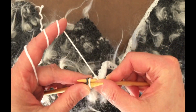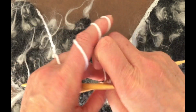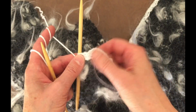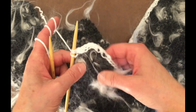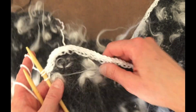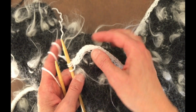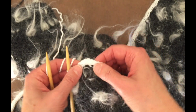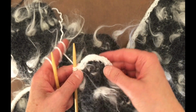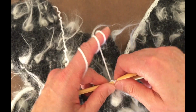And let's go and see how it looks so far. It's starting to look good, right? See, that's that corner that we made in here, so it would not be looking straight, okay? So it looks like a corner. All right, very good. So I will continue with my